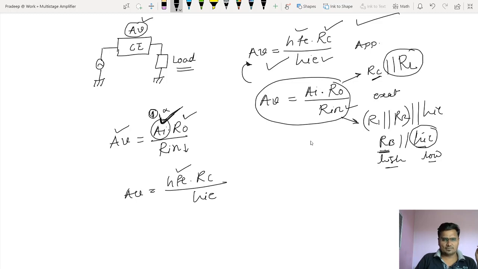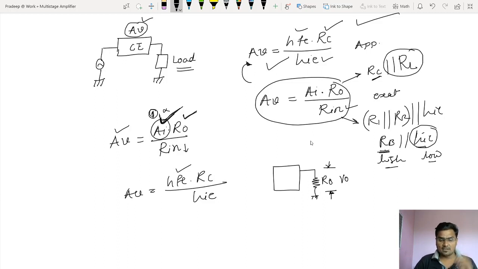What is the another option? Another option is this. You have to increase this output impedance. So what will happen if I increase this output impedance? For any amplifier, if I increase this output impedance, let me call it RO, then what will happen? Look at this, this is the voltage output developed across this output resistance RO. I'm just talking about some options.